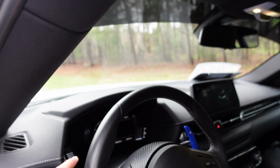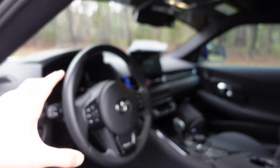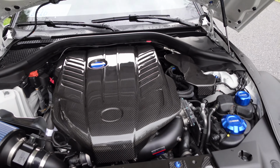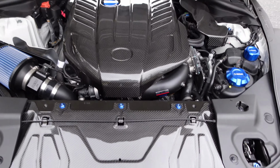Plus, you have a very narrow window of visibility, so it's kind of tough to drive this car if you're not used to something that is sporty and very slim. All right, so popping open the hood, you've got a plethora of carbon fiber pieces that have been added, including